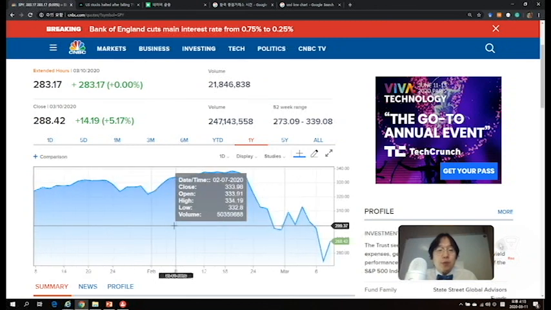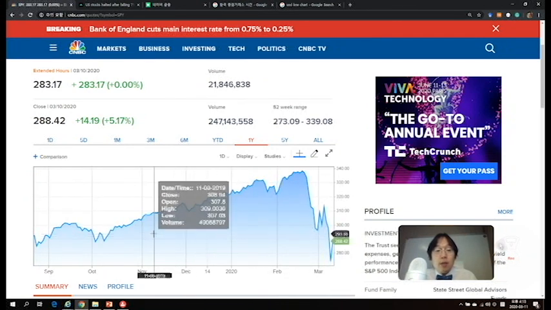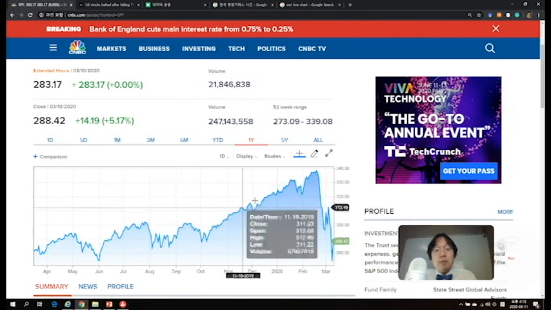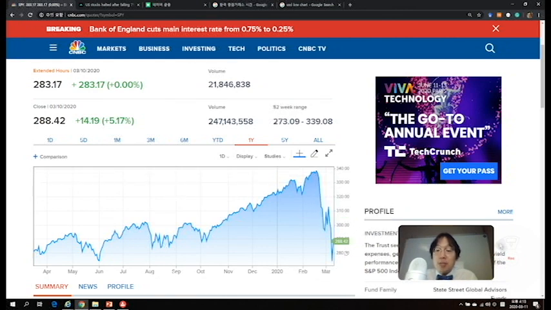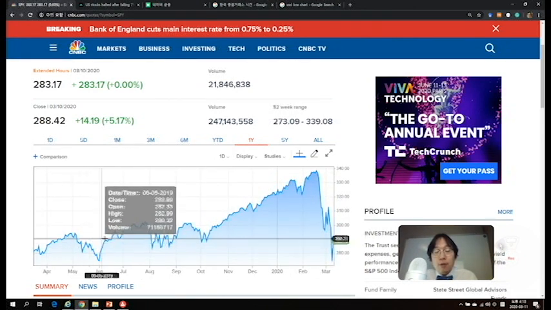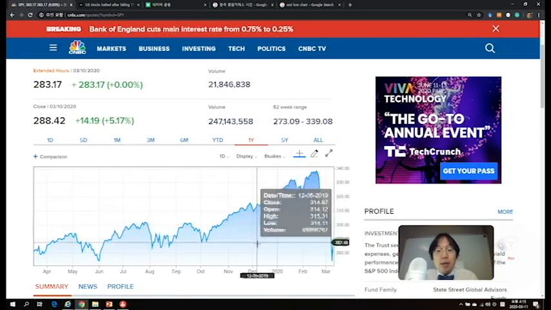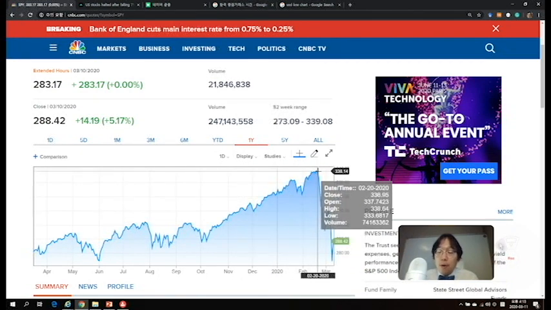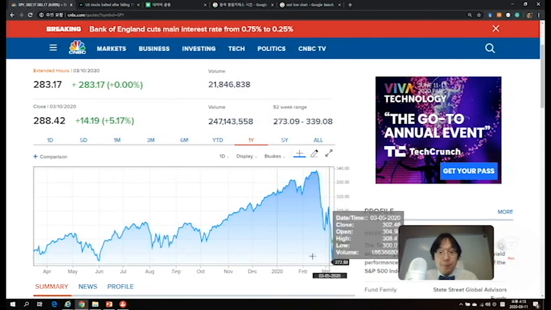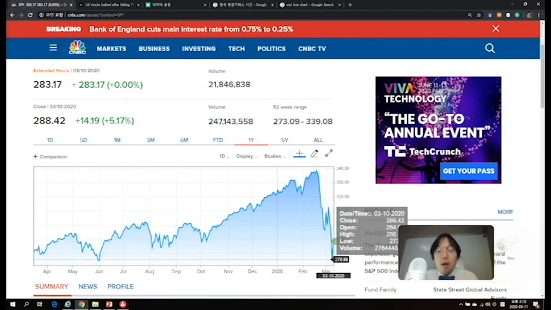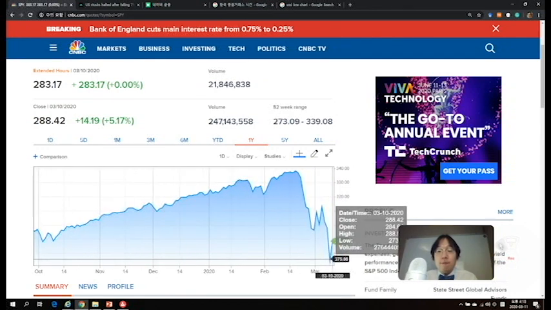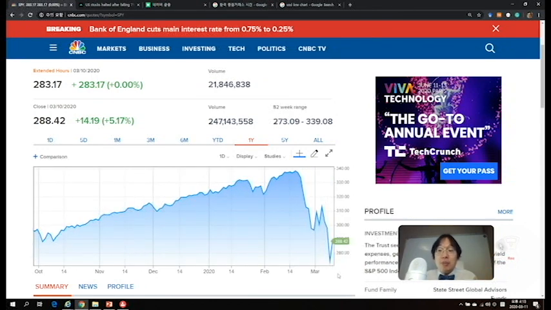If you scroll and try to look at the longer time horizon performance of S&P 500, which is tracked by this SPY Spider ETF, you see there was a very persistent run up in the market, but over the last couple of weeks, since the middle of February, the market index has been plunging like crazy. We call it a stock market crash. And then yesterday, 5% going up is just bouncing back a little bit.